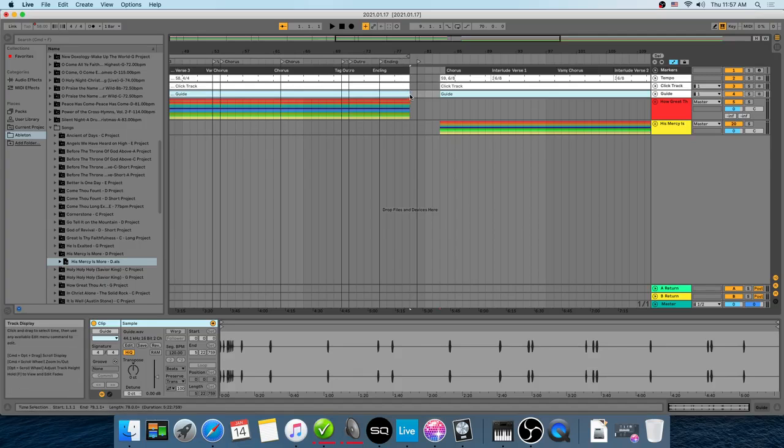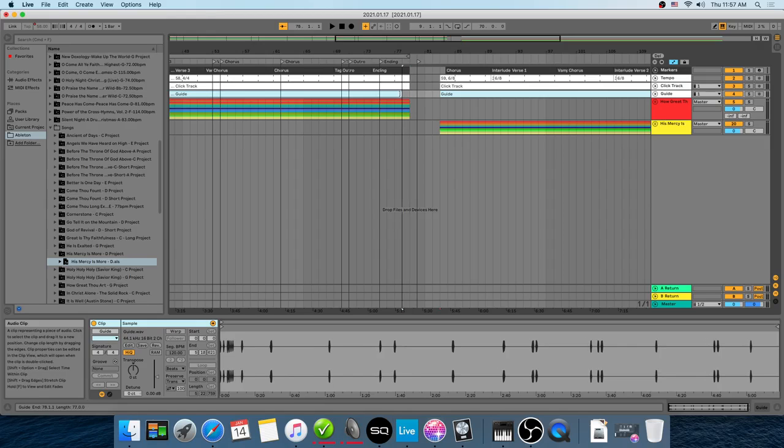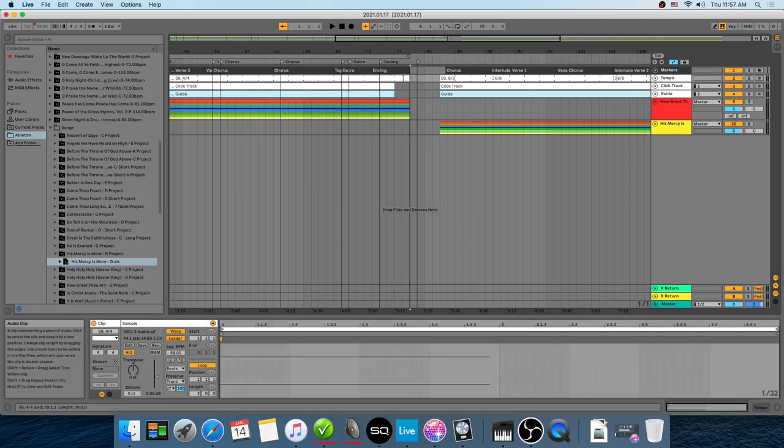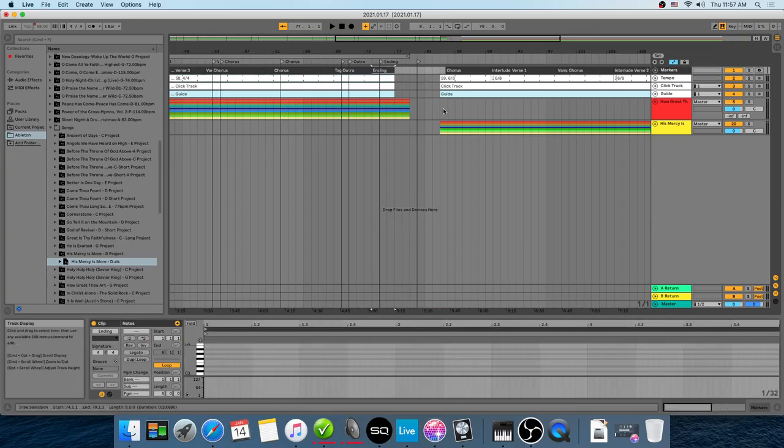guide, and we'll go all the way to the top. But we'll crop this off, let's say a couple measures. Okay, and we'll crop off the next one a couple measures, so on and so forth. Okay, so let's crop these off. And now what we want to do is